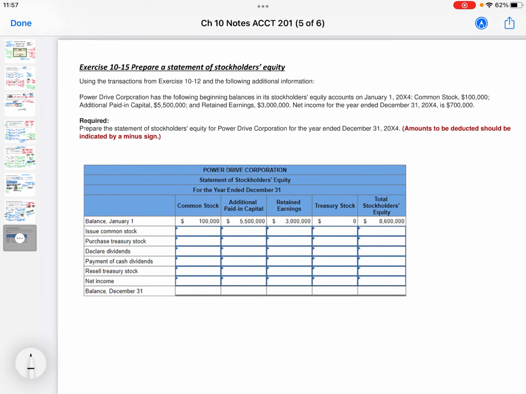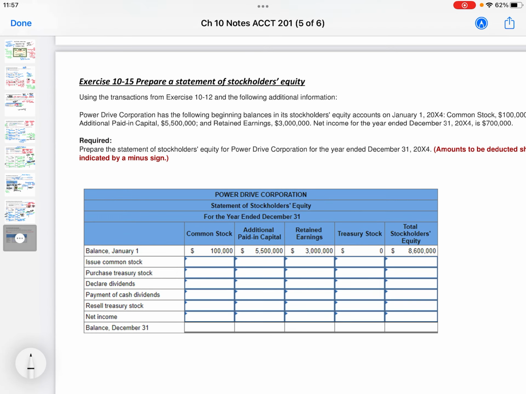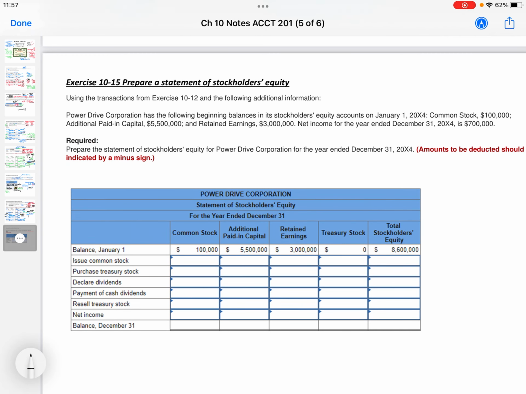Okay, the next problem has us prepare a statement of stockholders' equity. And I'm going to be honest with you, the statement of stockholders' equity is different in, I shouldn't say every, but in real life it is a little different. But that's okay. This is the way they taught it, and I actually really like a couple important things about it, and one that I'm going to note on here. So I'm going to kind of work through this a little quick. You can always slow down the video if I'm talking too fast, of course.